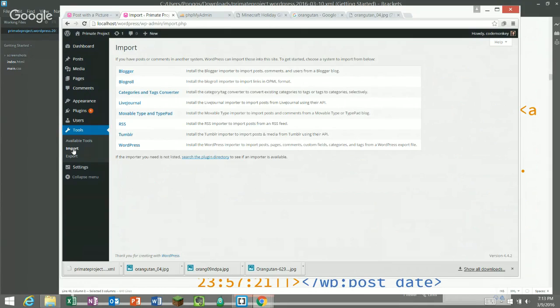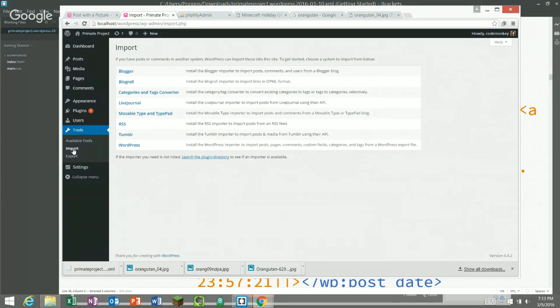So one of the things that we've had to do is, it'll import the content, and it usually does a pretty good job of getting the content and adding your, I think there's only one taxonomy in Blogger. I think it's called tags. I can't remember, it's been a little while. But you can convert your tags to categories and stuff like that. So there are some features that you can use to get your content over, but